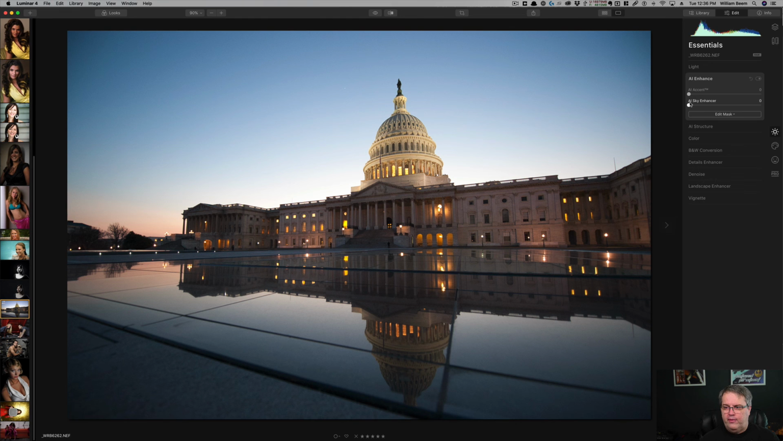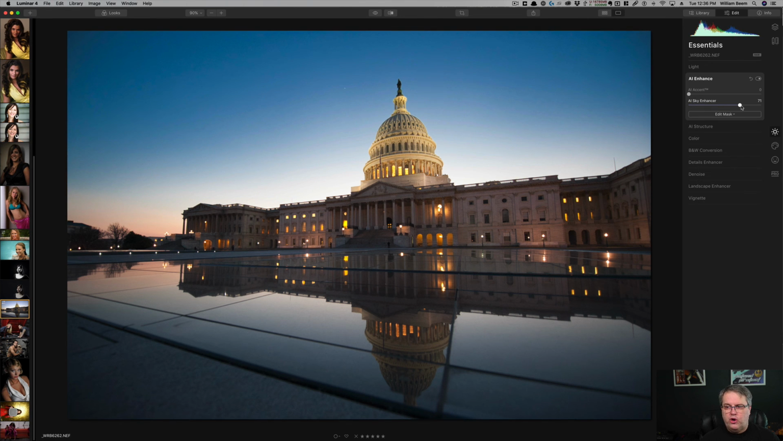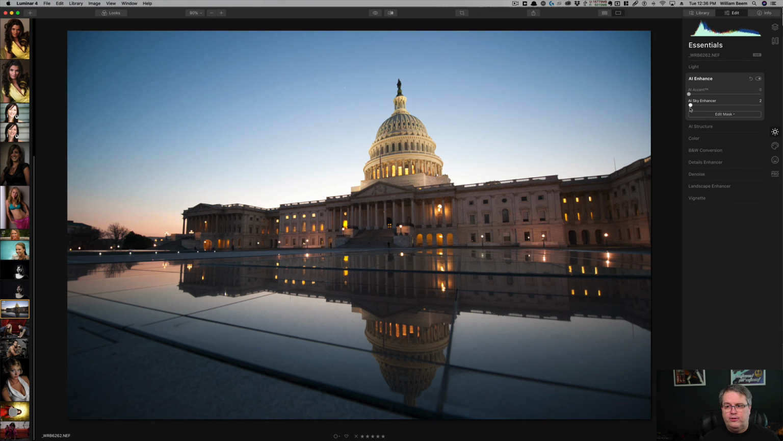Now, on this photograph, the AI Sky Enhancer probably isn't going to do too much. You can see that it's darkening the sky, and that's typically what it seems to do. It's bringing out the blue, but that's not really what I want for this photo. To me, sky without clouds is just not what I want. So we're going to skip past the AI structure, and we're going to jump ahead to the Creative tab,